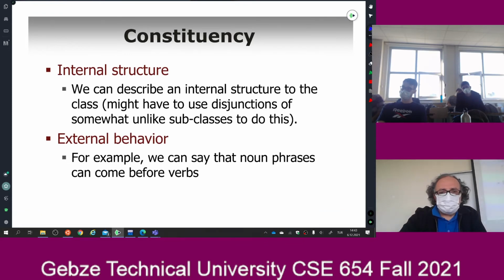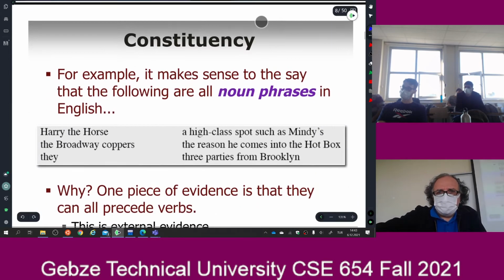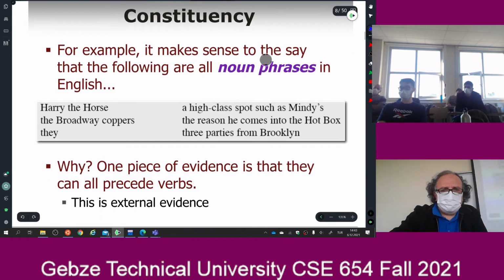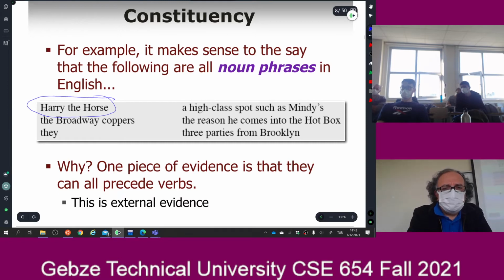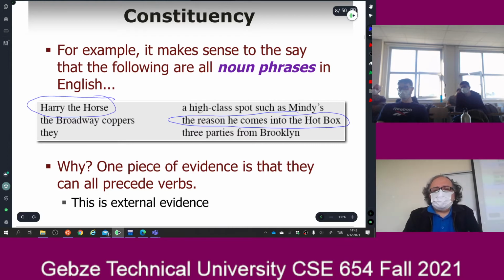So maybe without going further, I should give you one example. For example, look at these chunks of words: Harry the horse, the Broadway coppers, they, 3 parties from Brooklyn, the reason he comes into the hot box, etc. These are all called noun phrases. Again, they are groupings of words. They can occur in a sentence. Their internal structure can be defined, and since these are noun phrases, they can be, for example,